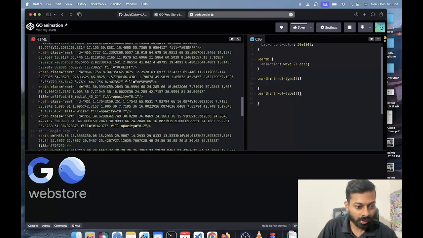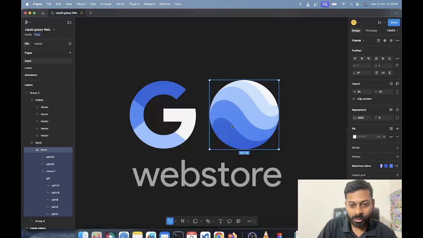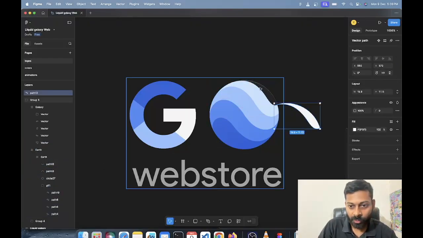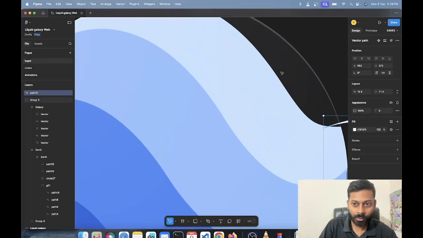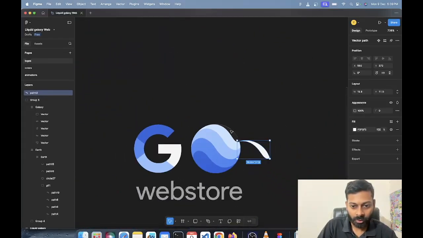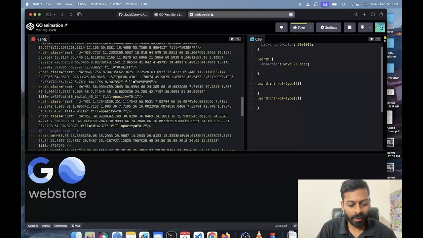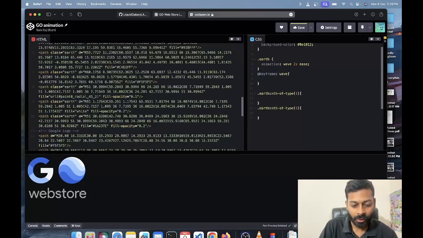I think there are more, because if you saw the svg, this has 2 or 3 more behind, which is this particular, I don't know if you can see, yeah, this, the translucent circle that it has. So yeah, and just so that we know what I will be doing in this wave, I will just put that wave first. So keyframes, and all of them will be using the same wave to make that particular wave,